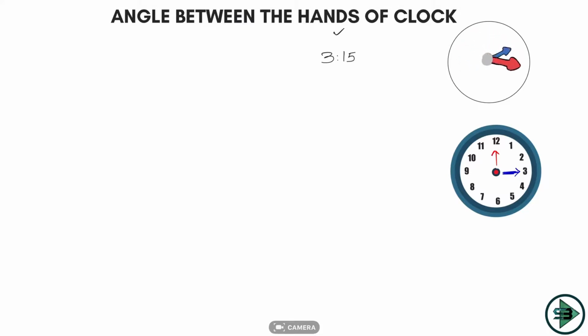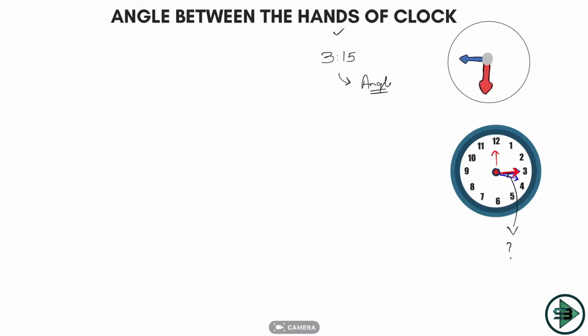Now what is the angle between the two hands of the clock? That's my question to you now. So let's start with this 3:15. What will happen at 3:15? This minute hand will come here at 3, right? And the hour hand would have slightly moved ahead. This blue hand would have slightly moved ahead in the 15 minutes. I am asking you this small angle that is being made here now. What is this small angle? That is my question to you.